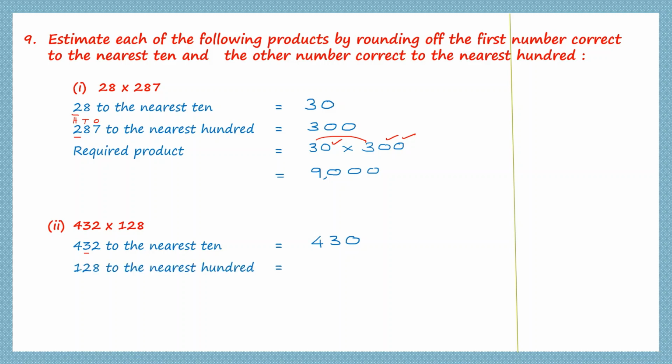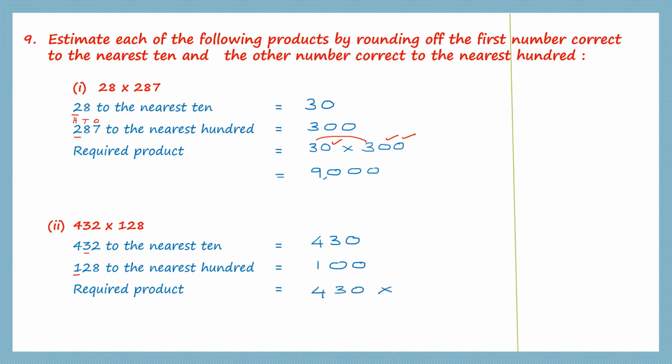The next number is to be rounded off to the nearest 100. So in the hundreds place we have 1. The digit to its right is less than 5. So 1 will remain the same. And then we put 2 zeros. 100. Now to find the required product, we multiply